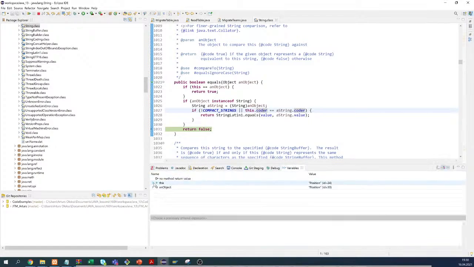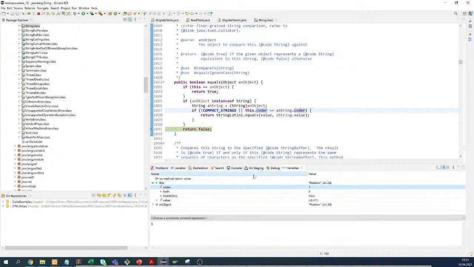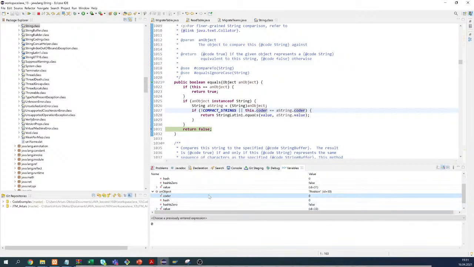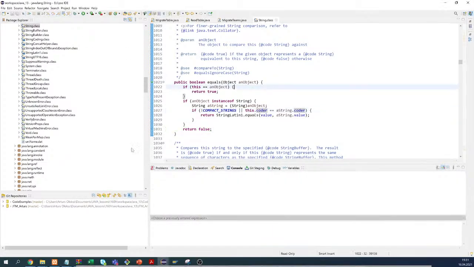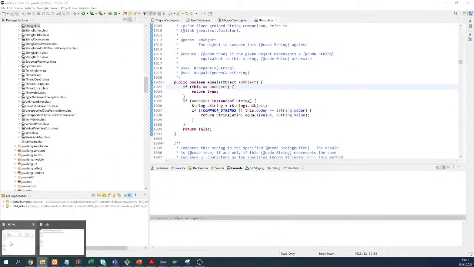If you check the coder of our string, its value is 1, but for the string we are compared to, it is 0. So that's the issue, and I assume it is related to the way